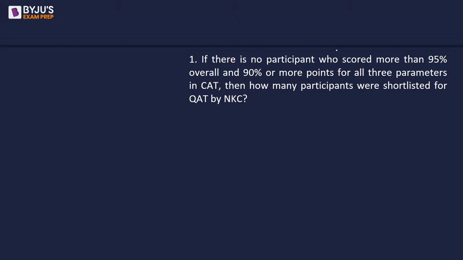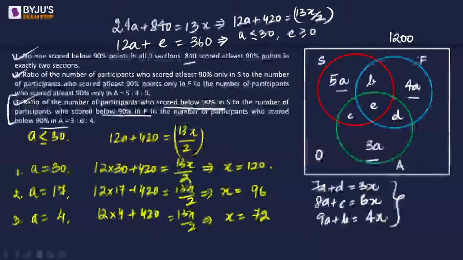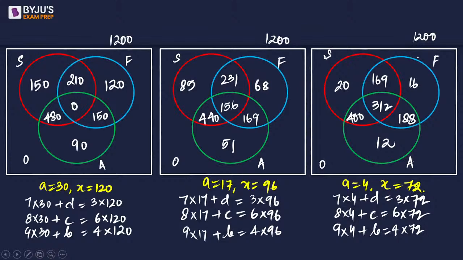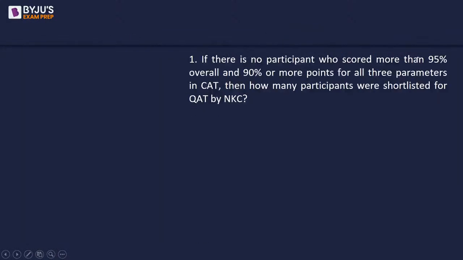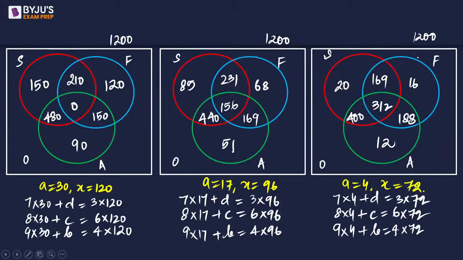So the condition जो था CAT का उसके according कि if there is no participant who scored more than 95% overall, ठीक है, and 90% or more points for all the three parameters. So we are saying कि ये 0 allowed नहीं है, 156 और 312 allowed नहीं है,